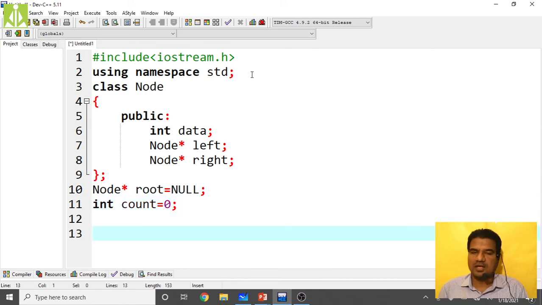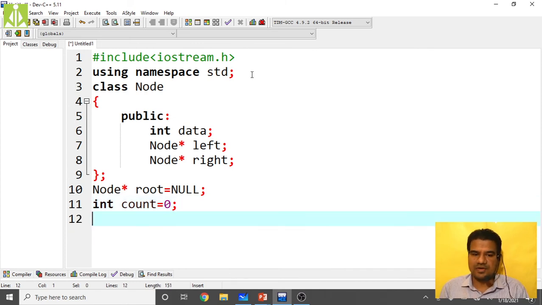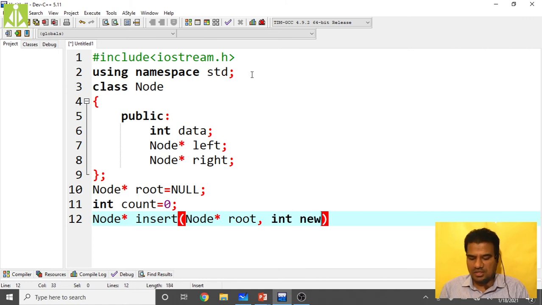Now we write the insert function, and the insert function is going to return the root node every time. It will make the changes to the root node and return the root node. So root insert, and to this insert we have to pass the root node: node star root comma int new_data.